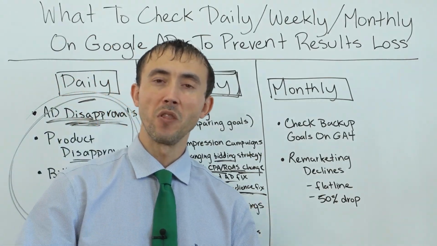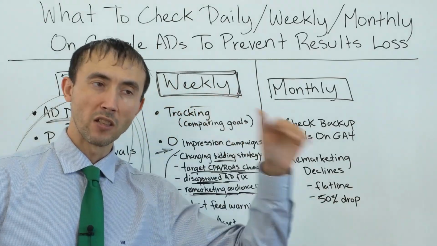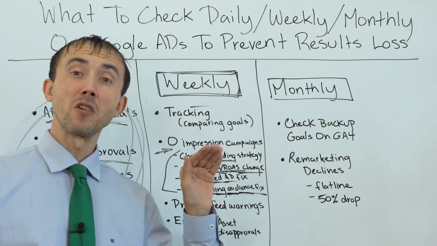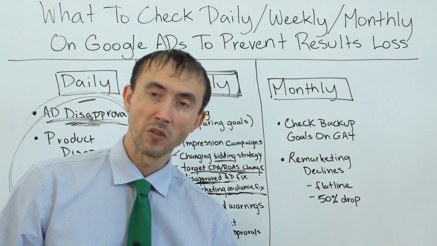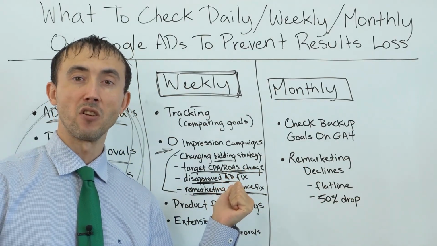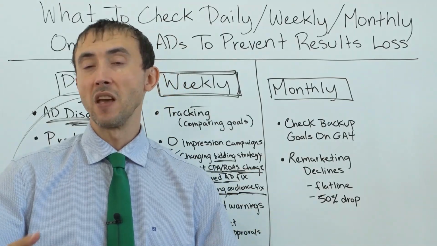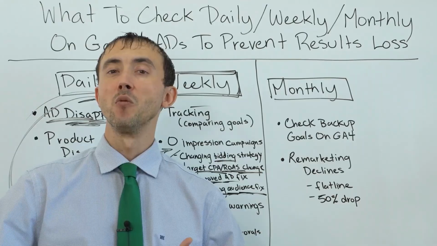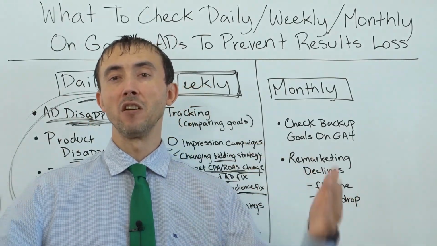Generally speaking, when the audience gets disapproved, not when it loses people, because even if it collects no new people, it would take a while before your campaign goes down to 0 impressions. But maybe your campaign was 30 impressions, then 20 the next week, then 10 the next week, and eventually it's near 0. This weekly check, where you look for campaigns near 0 impressions, at least spots it, versus never spotting it and it going on to be at 0 impressions for years to come, because you just never had this check and the system I'm giving you here in your account,